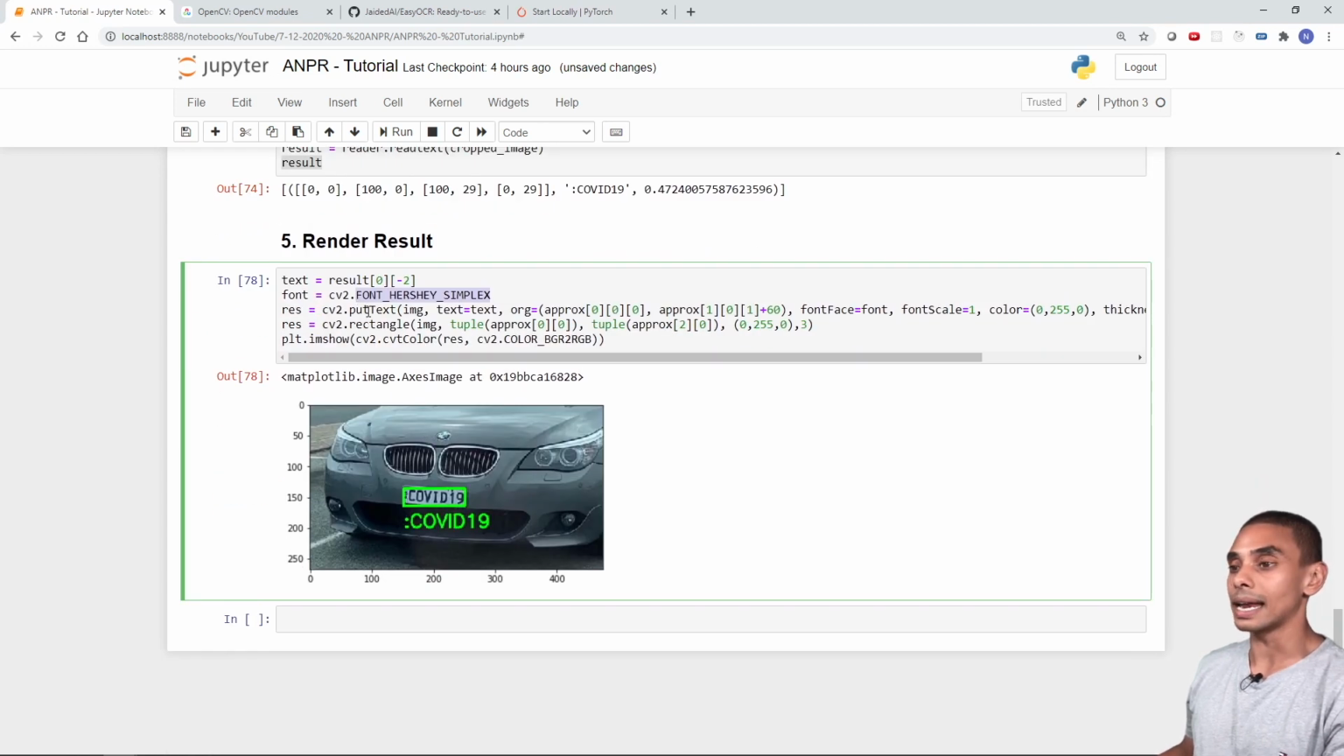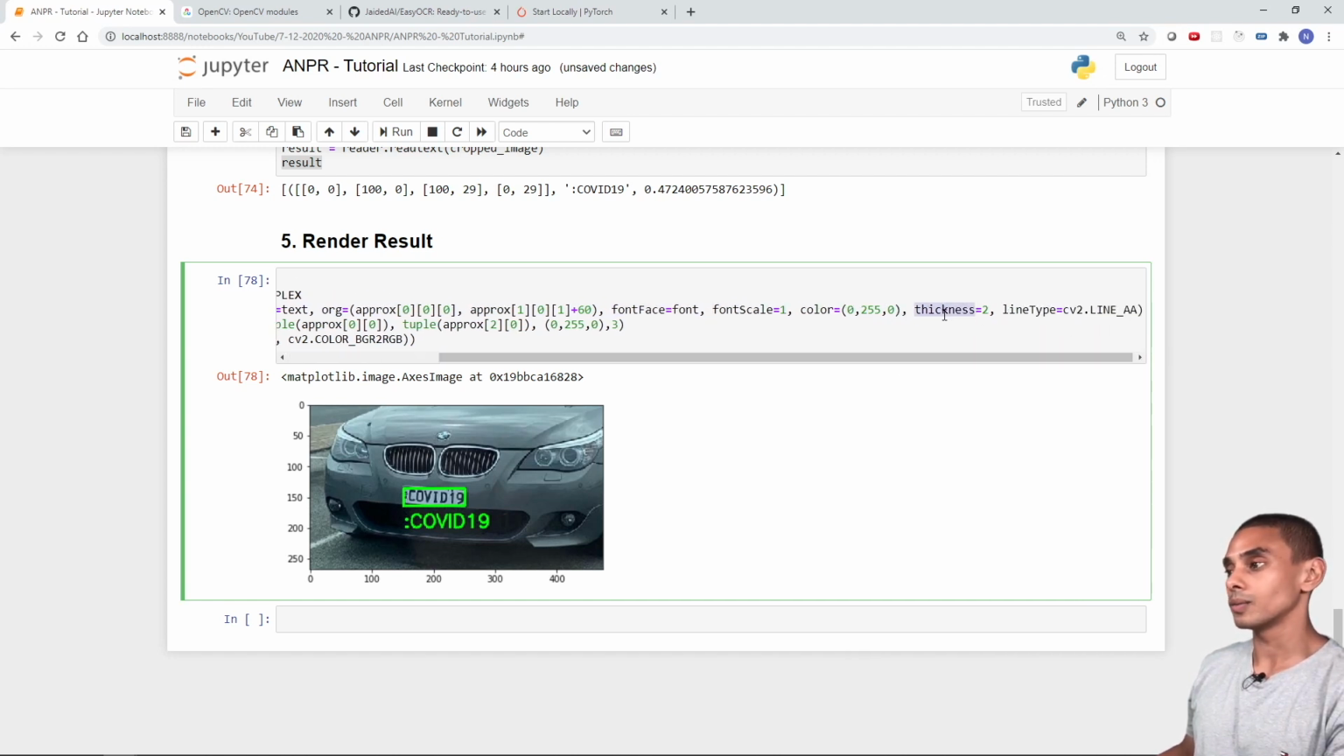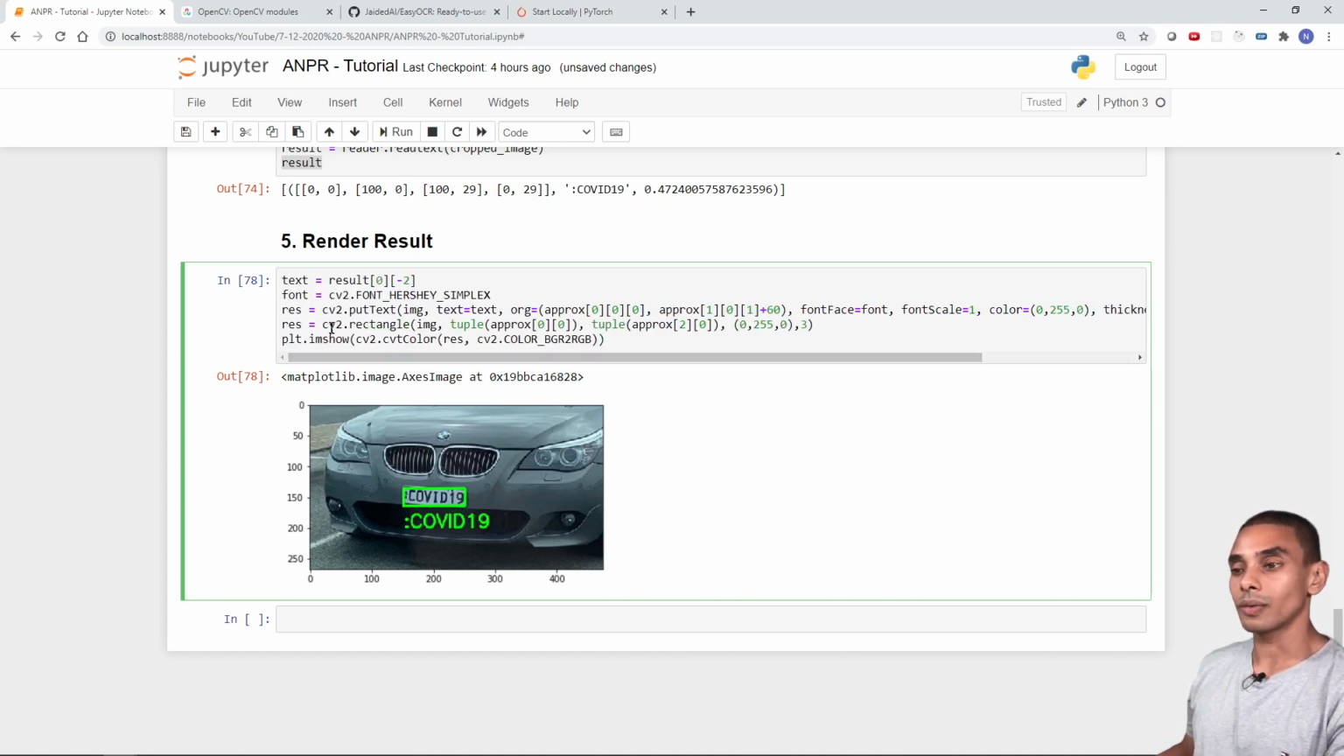We've then applied our text, which is this component here. So to that, we've passed our image, our text, and then the location that we want it. So in this case, we've specified the bottom corner +60, so it's a little bit further down. Specified the font, our font scale, our font color, our thickness, which we've set to 2, as well as our line type. Then the next thing that we've done is drawn our rectangle, which is our green rectangle